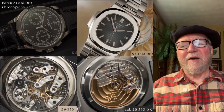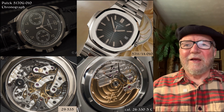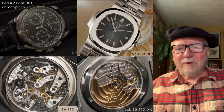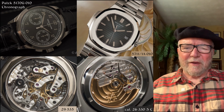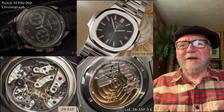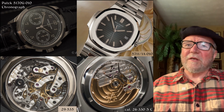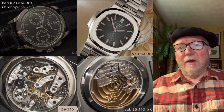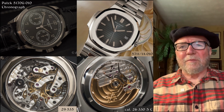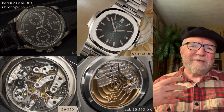Okay, the final one, as if there wasn't enough to this collection, there are a couple of Patek Philippe. And there was another one that I think he used to have, and this was an Argonaut. But these two I think would make anybody's collection sit up and take notice. First of all is the 5170G, which is a chronograph, and like I said, it's one I'm not familiar with. It's a beautiful watch, and the movement, the 29535, has